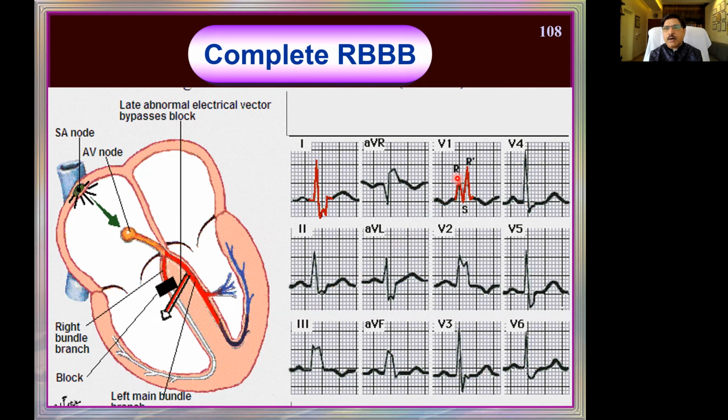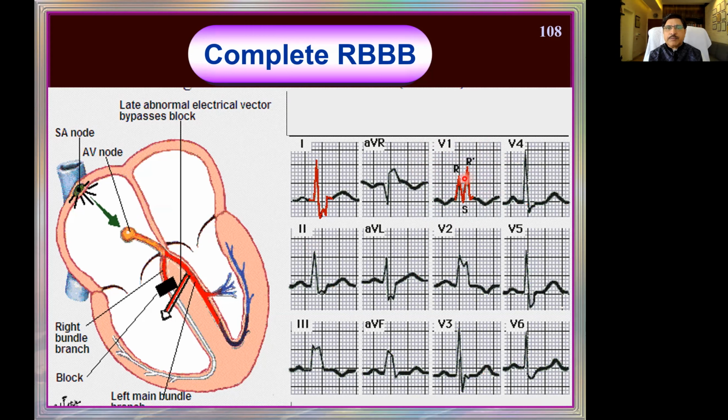The second wave is related to the right ventricular contraction. You can see an R dash pattern. The first R wave and second R wave, also called the M pattern, best seen in V1. Right bundle branch block means right ventricular events are best seen in V1. Septal and right ventricular events in V1, there will be an M pattern there. And remember, always the T wave should be in the opposite direction.